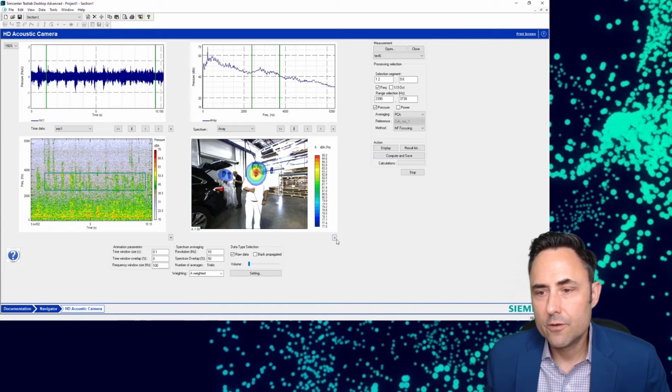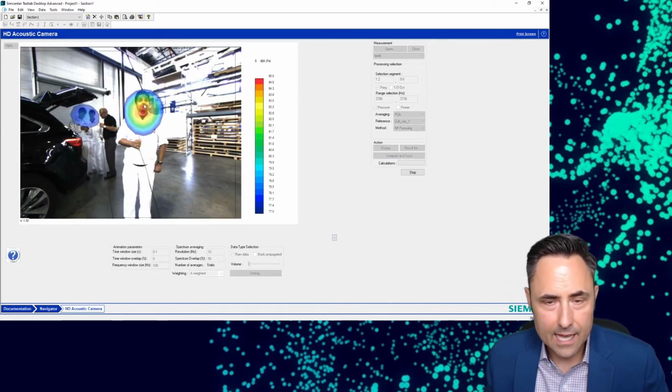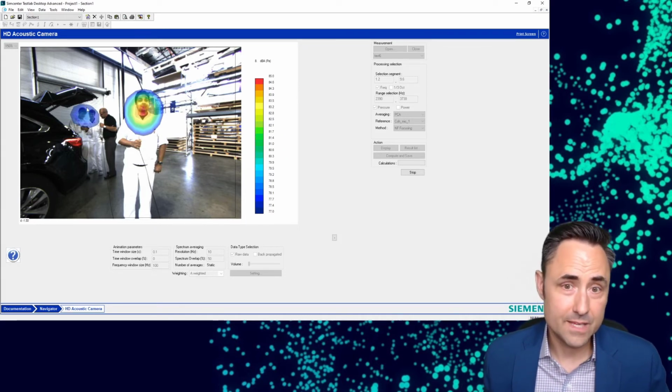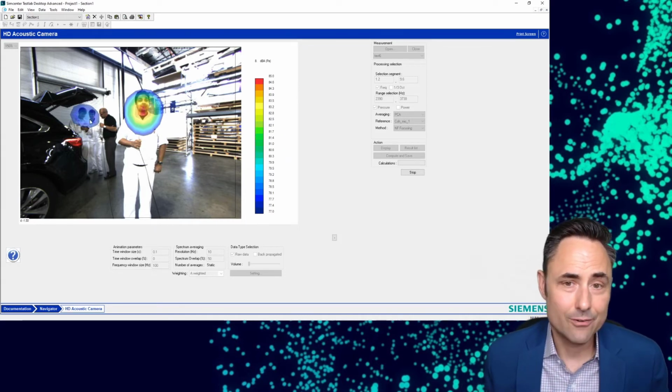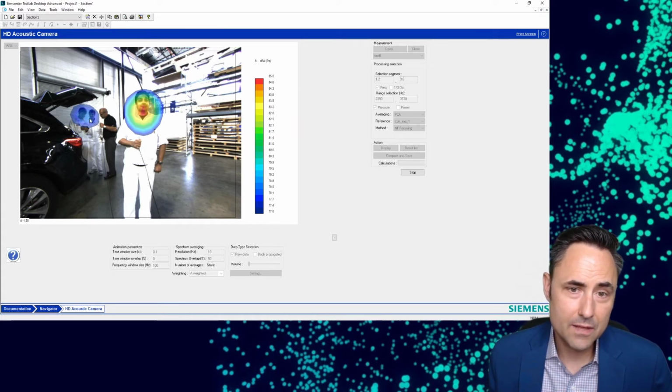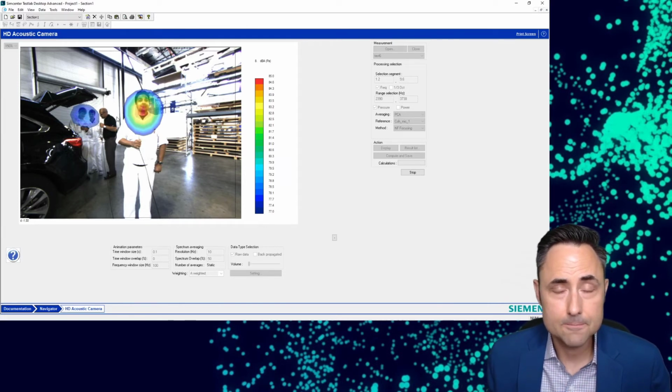Okay. And so if I zoom in on this guy again, you see this guy, because he's closer, he's obviously louder, but this blue hologram back here tells me these guys are also making noise. I can't really tell which is my real problem here because this guy just happens to be closer, so of course he's louder. But I suspect this might really be my issue. I want to be able to separate these two guys.